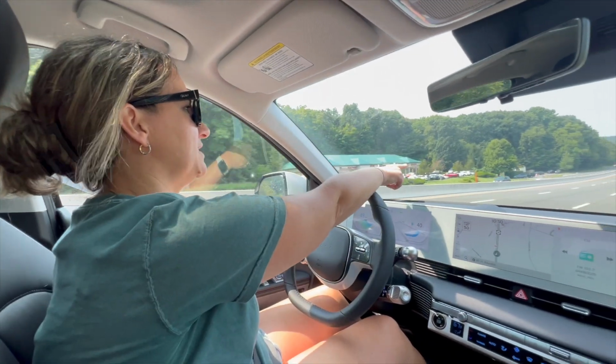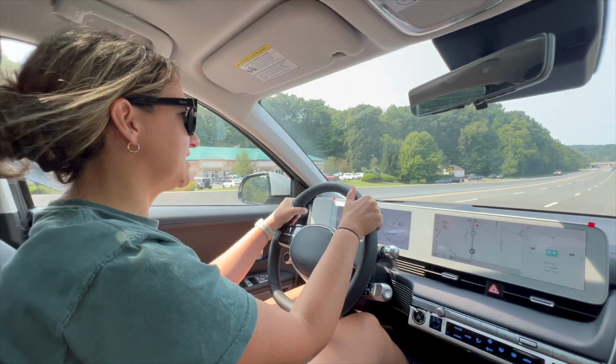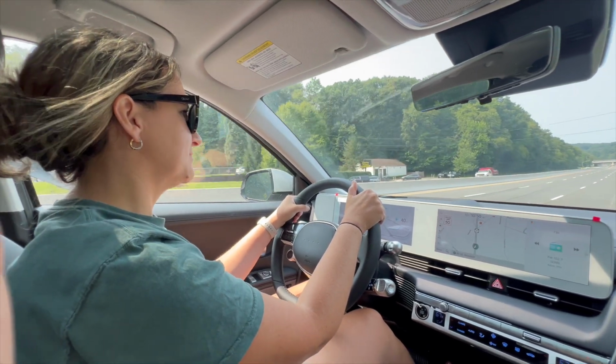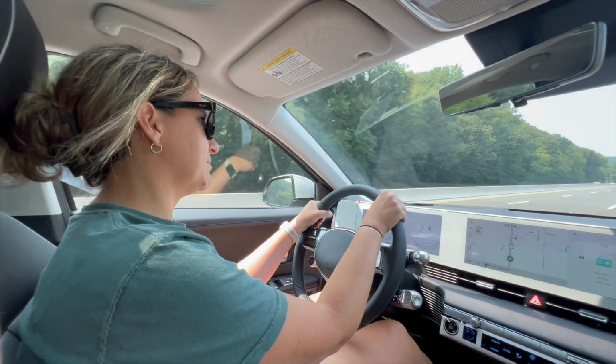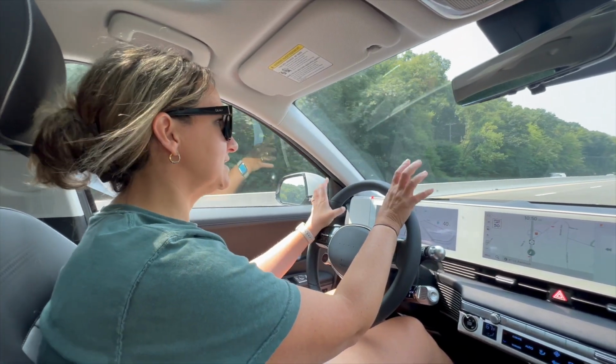And it gives me what the speed limit is too in the heads-up display. Oh, nice. That's very distracting. You get used to it. You do? Yeah, and then you just kind of look through it. I mean, I am looking through it, but, like, granted, it's new, so...